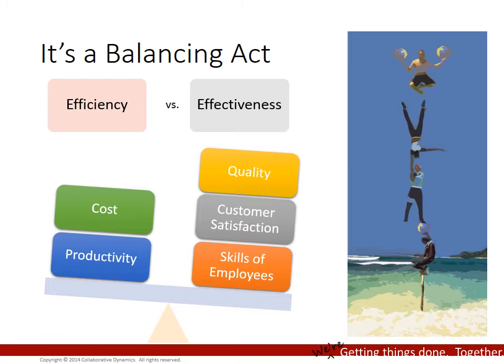So this is a balancing act in that in order to increase one, a lot of times you may have to compromise another. For instance, if as an organization we need to reduce our costs and we choose to reduce our labor costs, in order to do that, we may have to lay some employees off. We may choose to offshore some of our work to another country or using a vendor as opposed to doing that work internally.